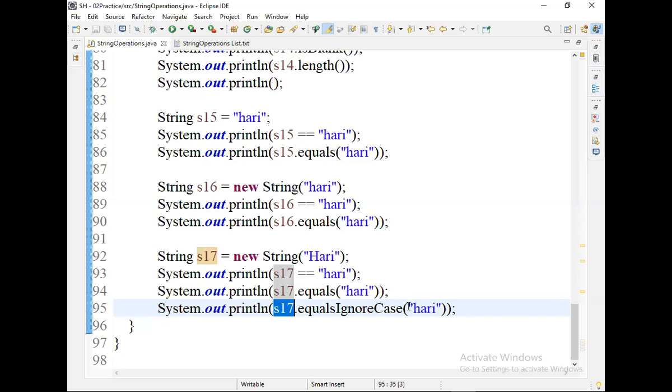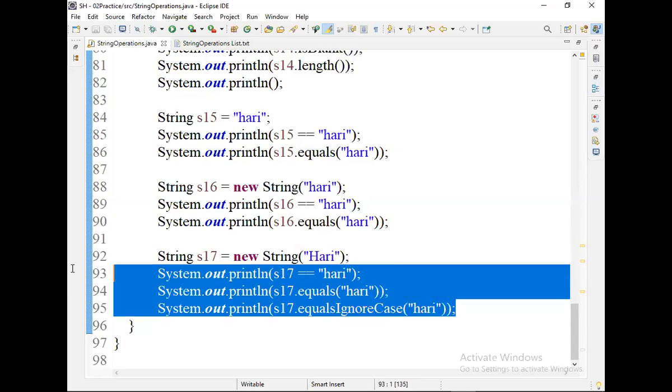S17 and this string, both strings are converted to lowercase and compared. Equals method directly compares. Equals ignore case method first converts all characters to lowercase and then compares. Is it clear? Understand? Right, fine.